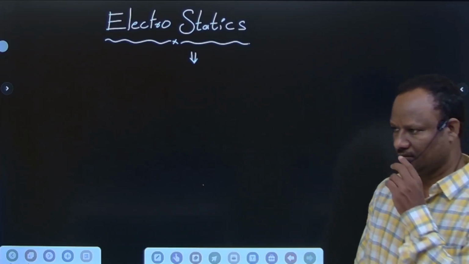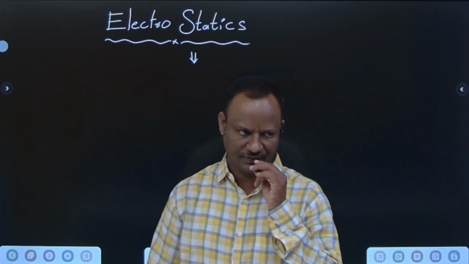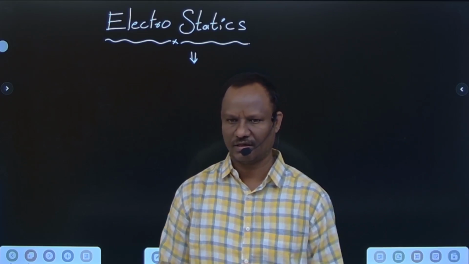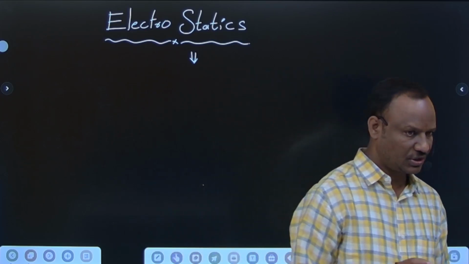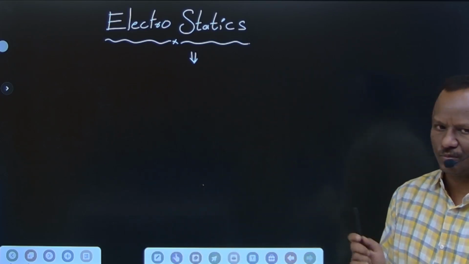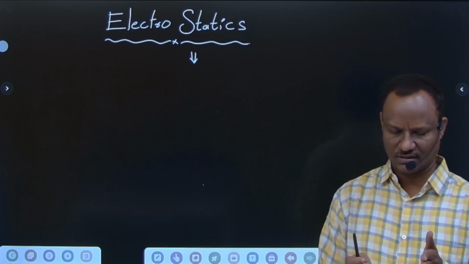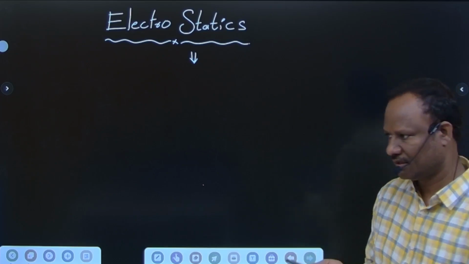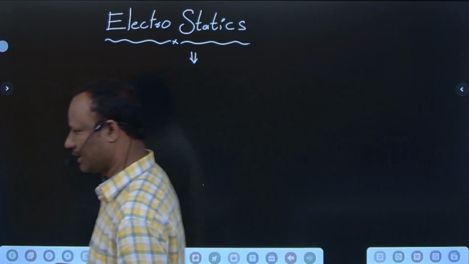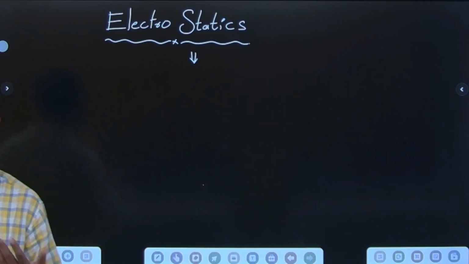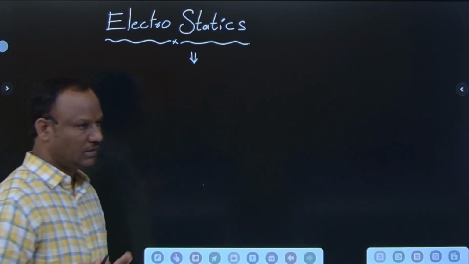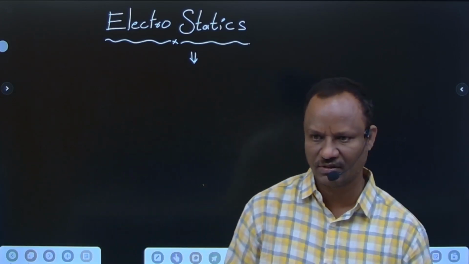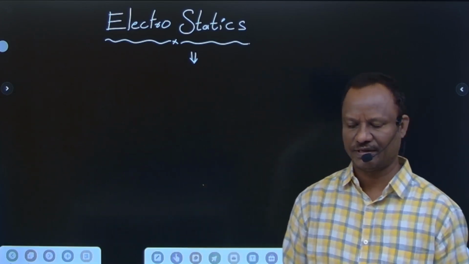Electricity: the study of effects of charges at rest or in motion. The charges at rest, what type of fields can be produced by them? Electric field or magnetic field, that is, electromagnetic field. Okay, if the charges are at rest, or if the charges are in motion, for example, if you take